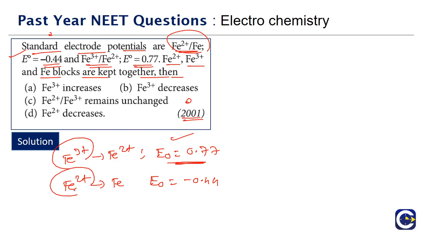Clear? And the Fe2 plus is not going to get reduced. So we will see that Fe3 plus concentration is going to be decreasing; it will not increase. Fe2 plus concentration will actually be increasing, because you are forming more Fe2 plus. Option C is saying that Fe2 plus and Fe3 plus remain unchanged. This is also not correct, because Fe3 plus is going to get reduced, thereby forming Fe2 plus. So what is the correct answer? It will be option B, where the Fe3 plus amount is going to get reduced.